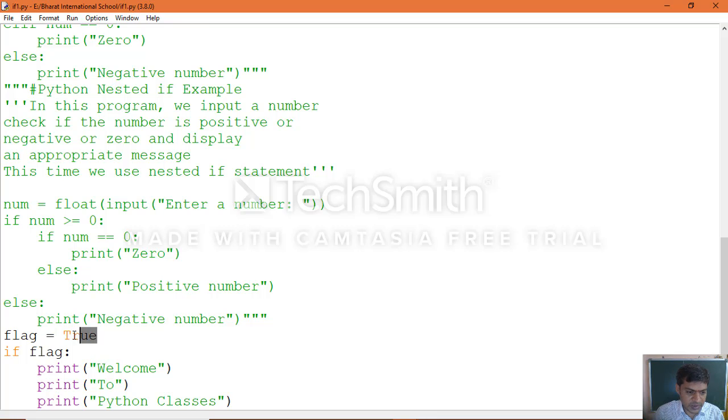Suppose you specify this as false, now this time you will not get any output because the condition is false. For that false case we didn't specify anything here, like in the earlier example we saw, the first age check, a simple if statement. If the condition becomes false, there is nothing to display. If the condition becomes true, only then is the statement we specified executed. If you want output for the false condition also, then you need to go for another form of if statement, that is if else, which we saw.